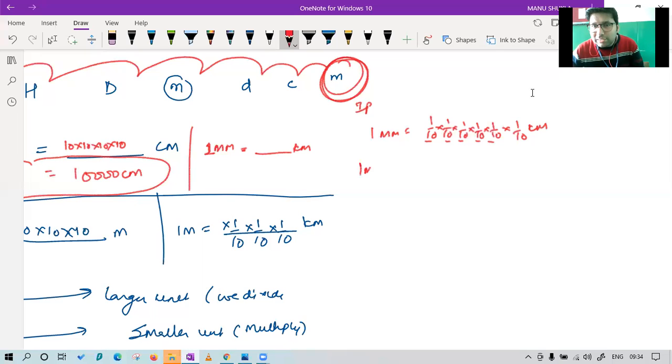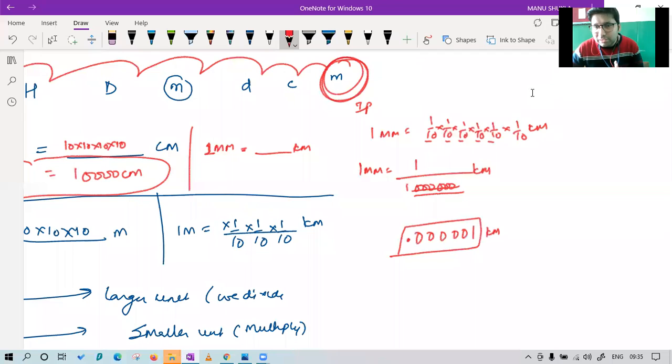So those who have got this answer are absolutely correct. Those who have got 6 zeros, and when you convert this into decimal form, what will happen? Although it is not required, if you want, you can do it. There are 6 zeros, so you will write 1, 2, 3, 4, 5, 6, and the decimal. This is the answer. If you have got this answer, you are correct. Just check my answer. By mistake, I wrote 4 zeros. Okay, Ashwin, no issue.